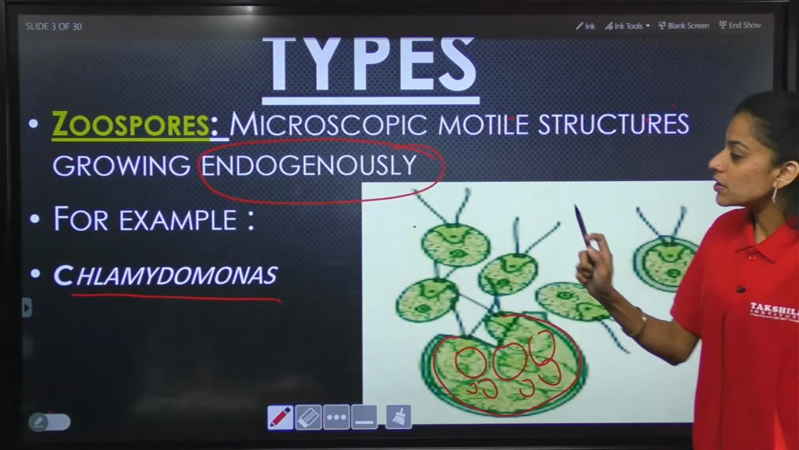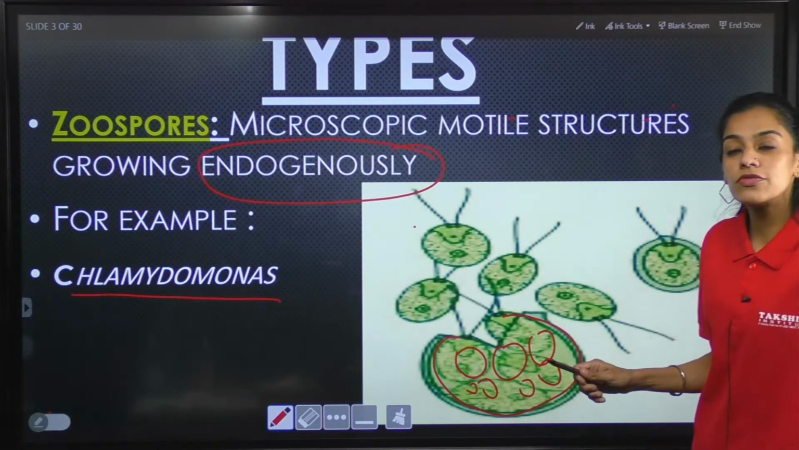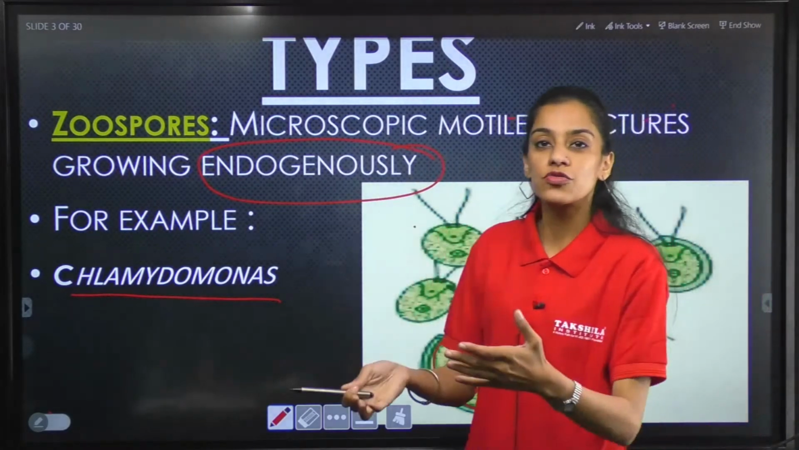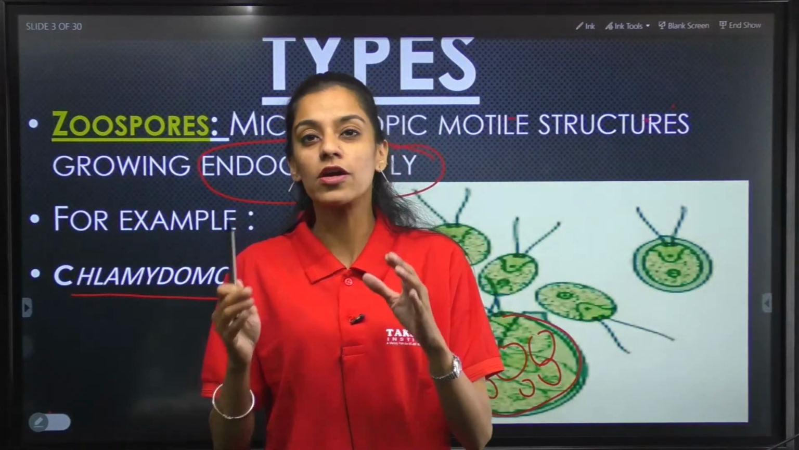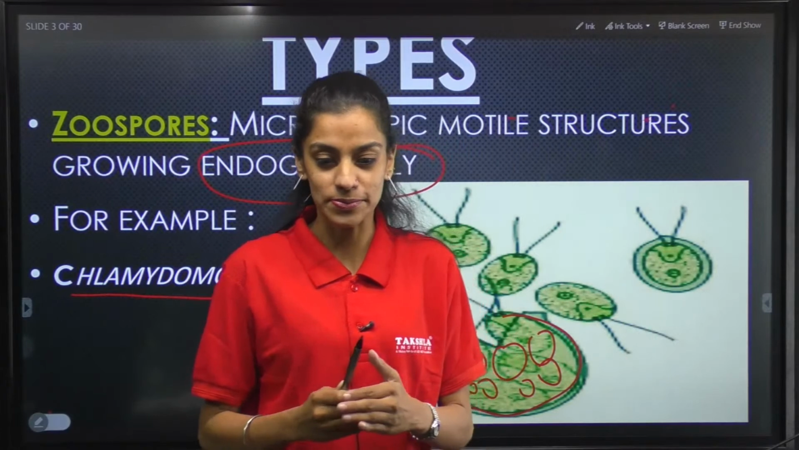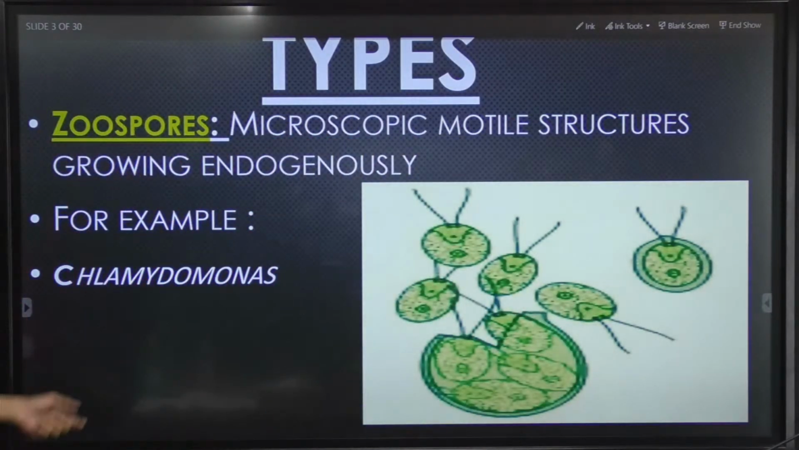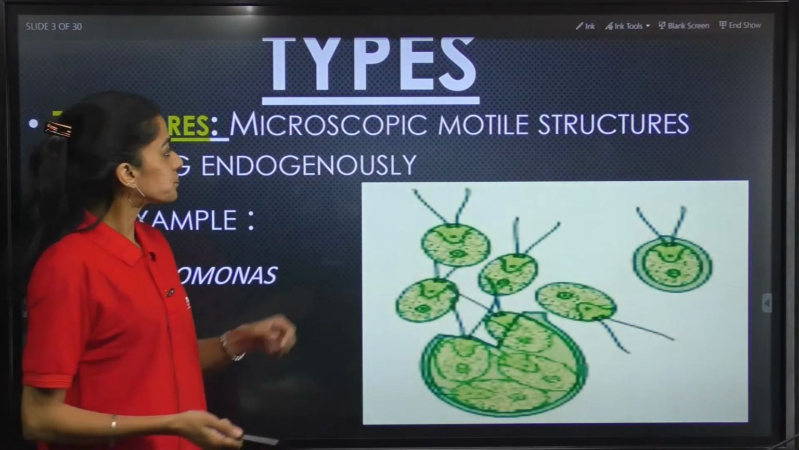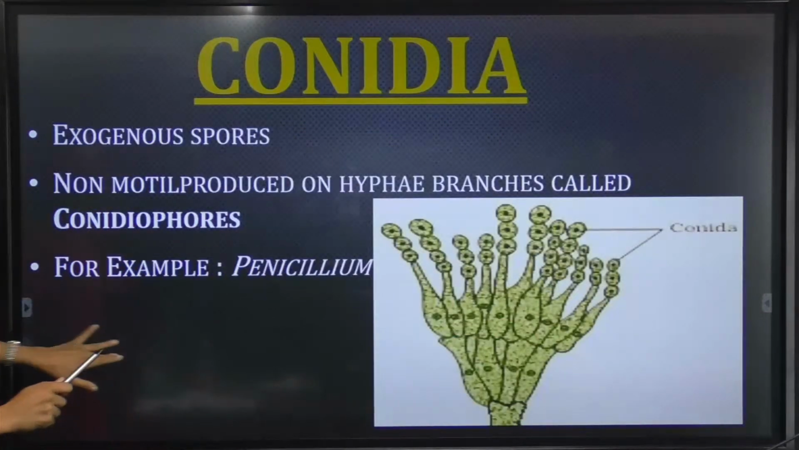So for example, Chlamydomonas, you have a number of spores which, upon the onset of favorable conditions, will be exerted out from the body, and each one germinates to form a complete new organism. Done. So this is about the zoospores, and a particular example for that is Chlamydomonas, which is an alga. This is about zoospores. The second one that we're going to see is